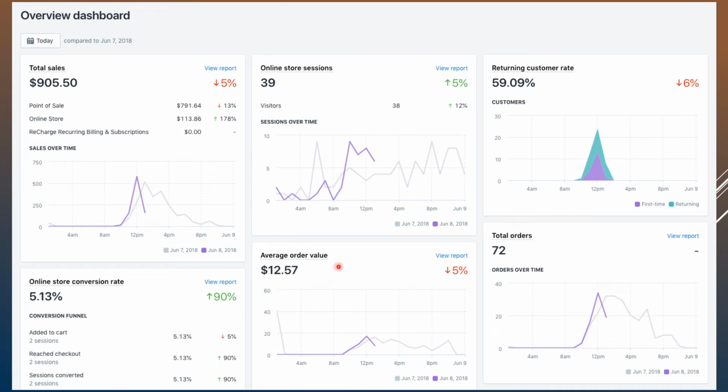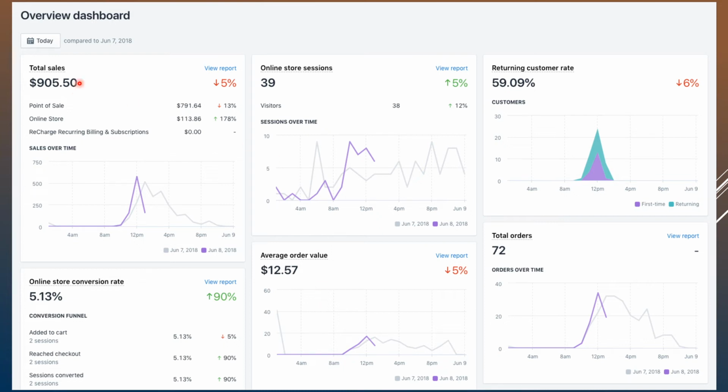The third metric that I wanted to focus on is average order value, and try to upsell by using a recommendation system where you combine multiple products so that they add more products to their cart and their overall average order value goes higher. So returning customer rate, conversion rate, and average order value are something that you should focus on and try to improve, because that is how you can increase your revenue.